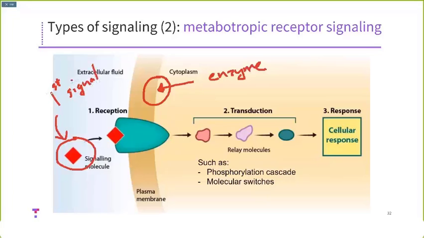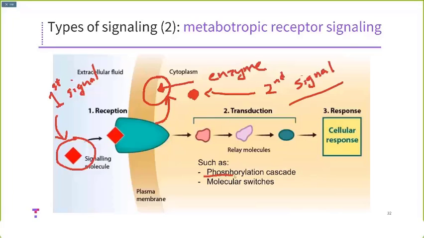And this first signal, whether it be a hormone or neurotransmitter or a chemical or drug, the second signal comes along when this receptor is bound. It will activate some random enzyme down the membrane, and that enzyme will make another signal. We'll use this little red circle here as the second signal, or otherwise known as the second messenger, same thing. And that will then activate some series of enzymes. Going back to what I just said, phosphorylation with a kinase, right? Kinases are enzymes that will turn something on.